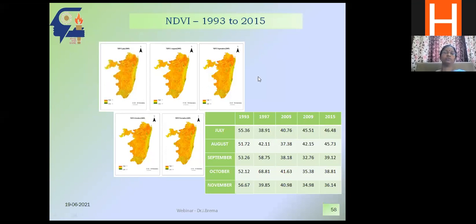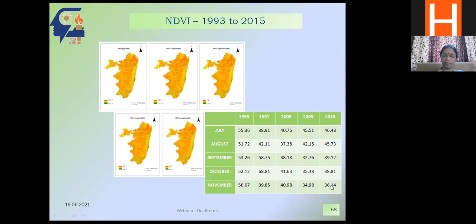You can find out the vegetation also in your urban limits. Some studies are there where you can assess your urban heat. What are the changes taking place in your urban limits? What is the temperature change? All those things, there you can study the impact of vegetation also. So this is the normalized differential vegetation index. Again, we have tried to find out the quantity of vegetative cover within this limit. This is again Chennai only, with three different river basins we have taken. And you can see here 55.36, by November it is 56. Within 3 months, a small difference is there, but over a period of years, we can see some drastic changes taking place.